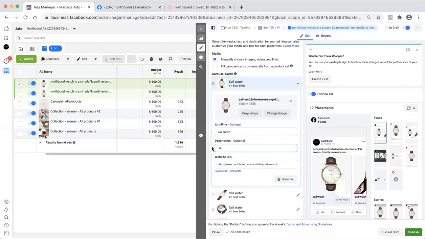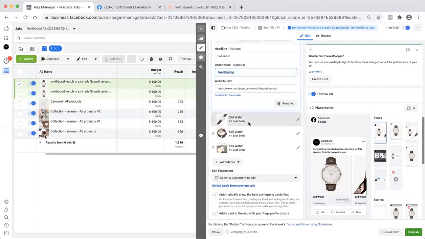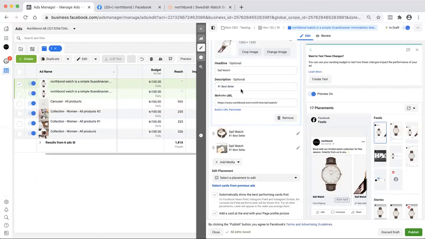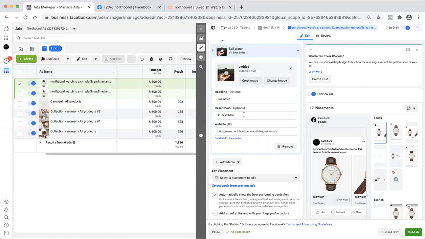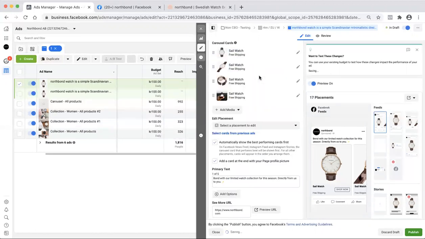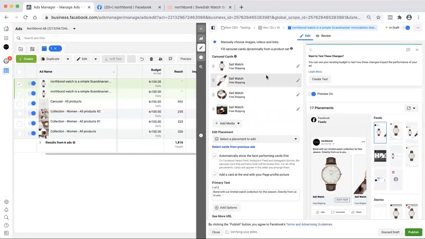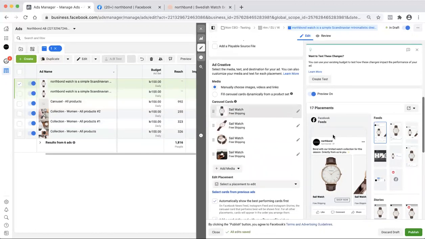So we'll then do free shipping. And we'll just swap this one out, change it up a bit from the other one, so we have a little more variation. Once we find out what's working, we can continue furthering that result in terms of which creative we want to use with which variation is working best to really dial in the result.